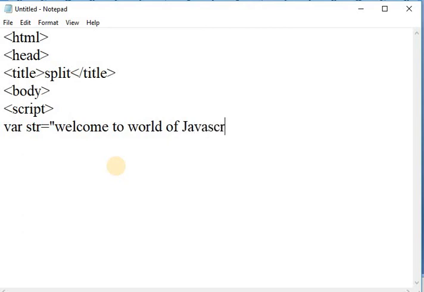After that, by using the document.write method, I am displaying the result of that split method on a web page.